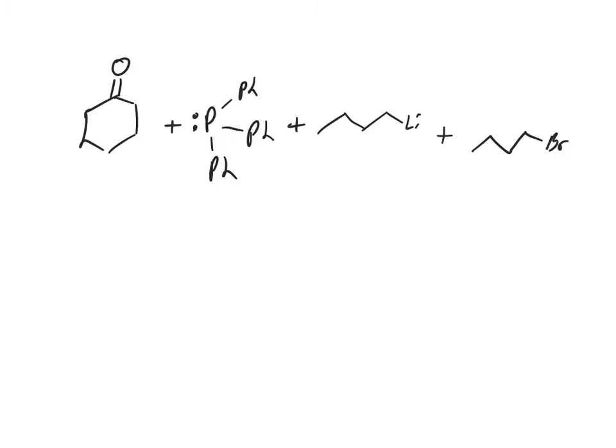It takes a carbonyl and turns it into an alkene. C double bond O to a C double bond C. So here are the four reagents that are in a Wittig. The problem I have with this is that you need to know that the triphenylphosphine and the alkyl halide actually react first. So triphenylphosphine, like nitrogen, has a lone pair. So it does an SN2 reaction, gets this reagent,